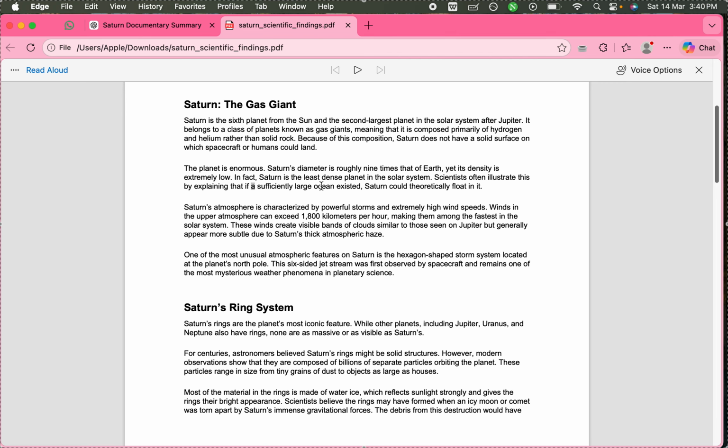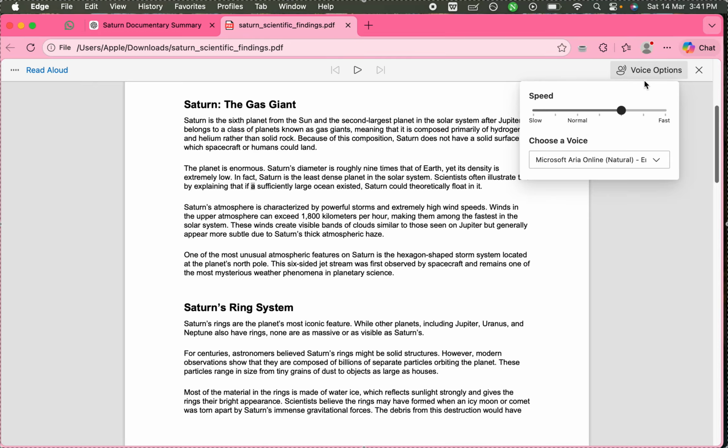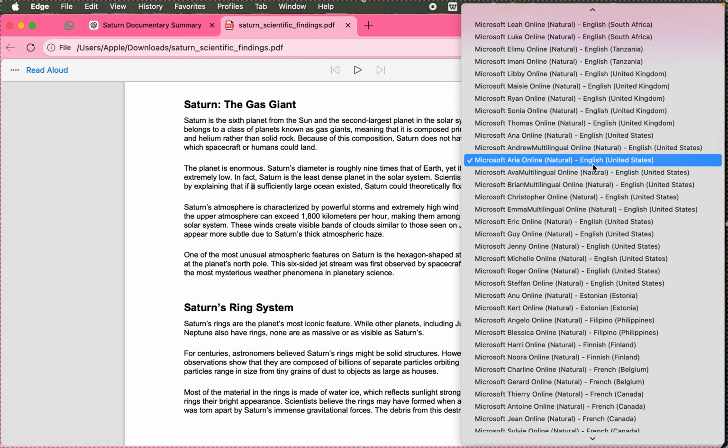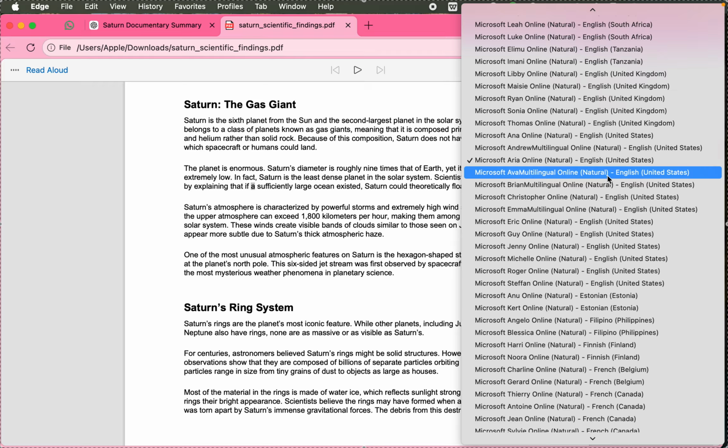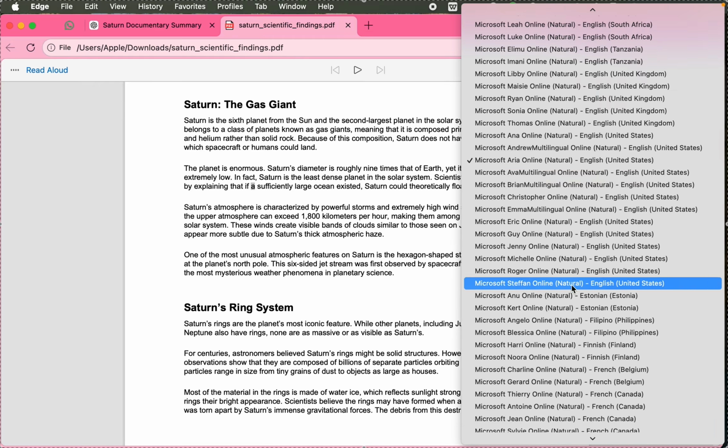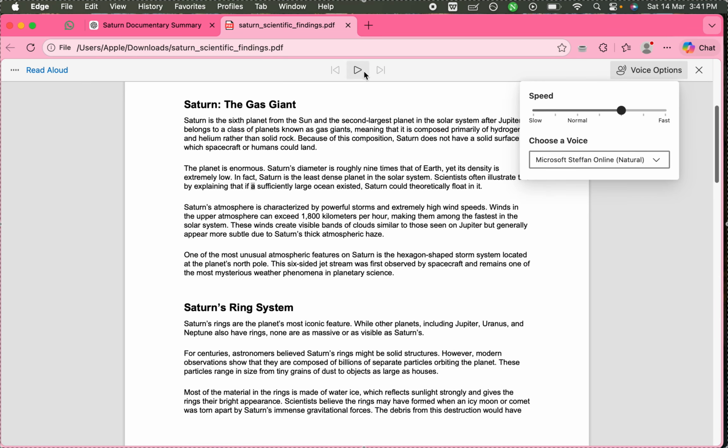There are other apps accessible on mobile devices like Pocketbook and e-reader Prestigio that you can use to learn in this similar way. The good thing about the read aloud function on Microsoft Edge is you have different voices to pick from, and maybe we can switch to maybe Microsoft's Stefan Online US, and